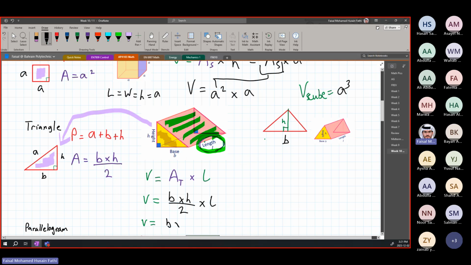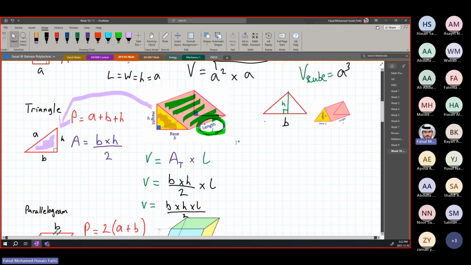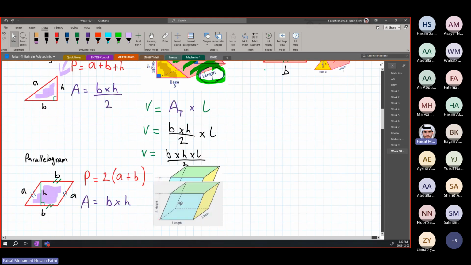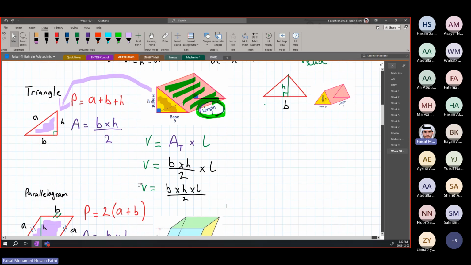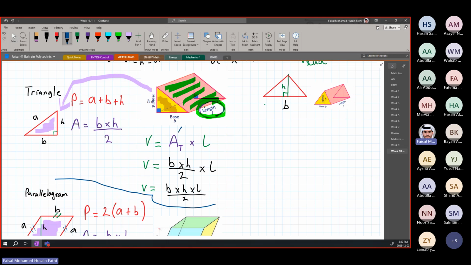So base times height times L all over 2. Okay? The whole concept, the whole idea is that it is just multiplying the area of the shape by the new dimension that is being introduced. For the right side, it's exactly the same case. The area of the shape over here,